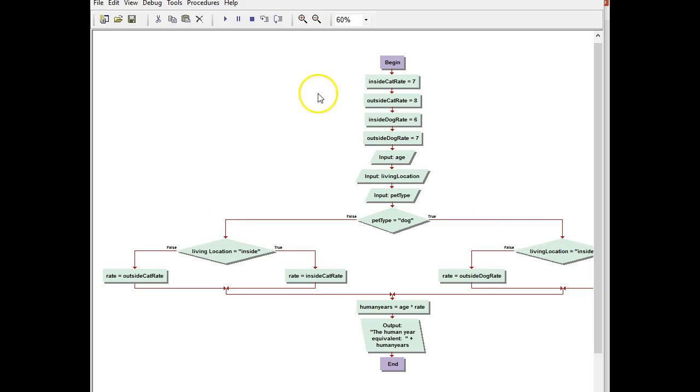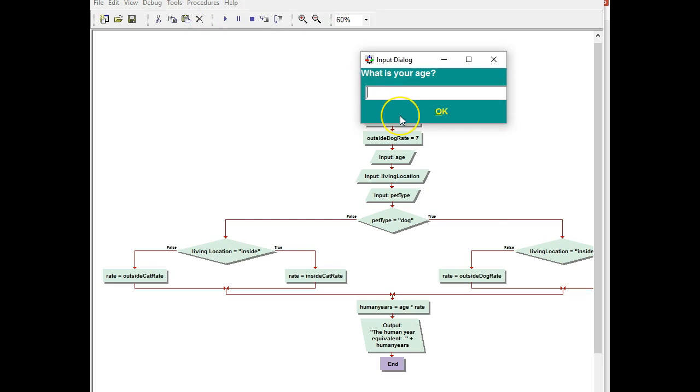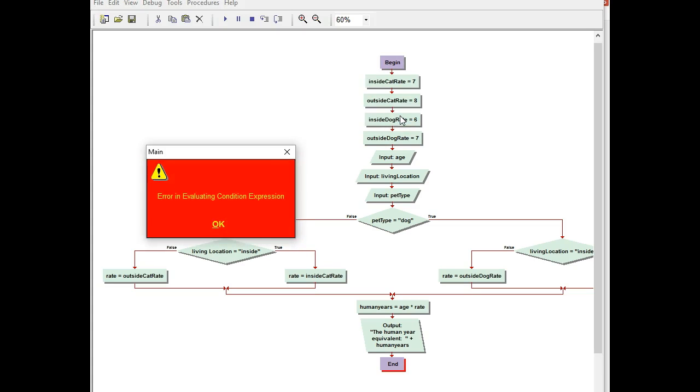All right, and now I'm going to go ahead and test the cat side real quick. I should test it 4 times, but for time's sake, I'm just going to do this. Okay, so where is it? I'm going to say also inside. And this time I'm going to say it's a cat. And then it gives me this